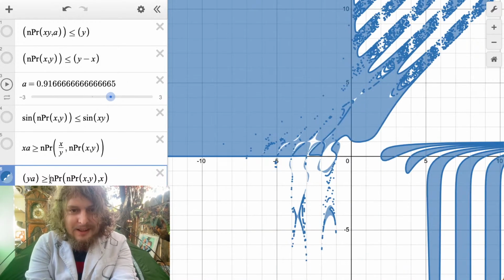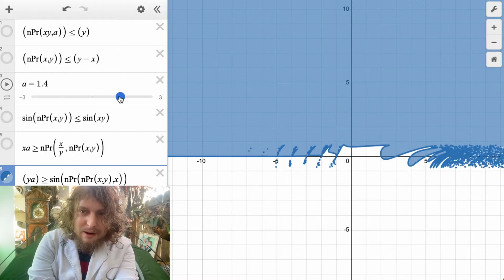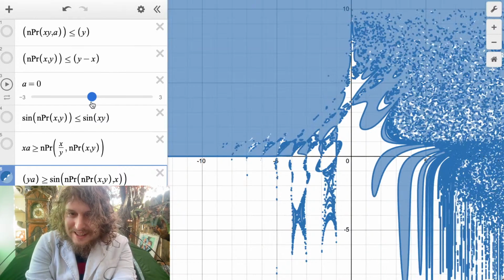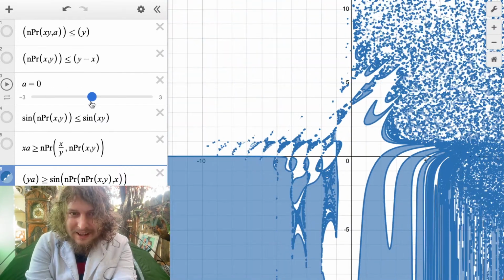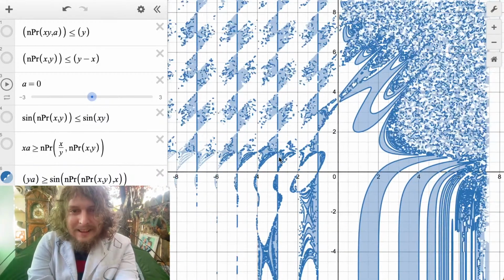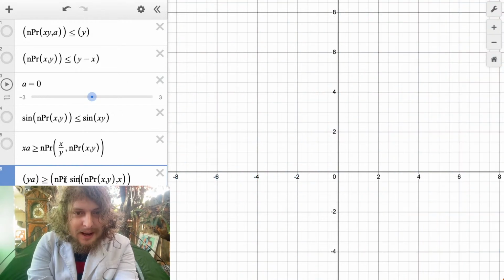And now we're going to test different places of putting a trig function around it. Outside all of that, we need to be at the right spot to see all the craziness. But when A is at the right value, it becomes crazy again. And then if I had put the sine here instead,